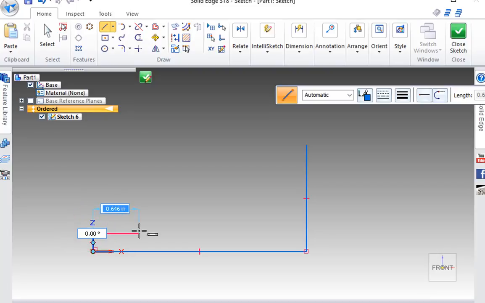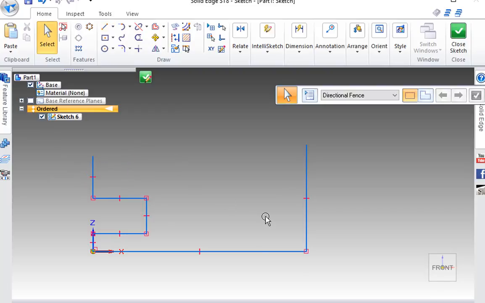We're going to go over 0.75. We're going to click. We're going to go up 0.5, click. And then we're going to go over 0.75. Press enter or click. And then we don't know how long this line is right here. So I'm going to draw a line, I'm not even going to do the math. I'm just going to click right there. And then I'm going to press escape to get out of this,